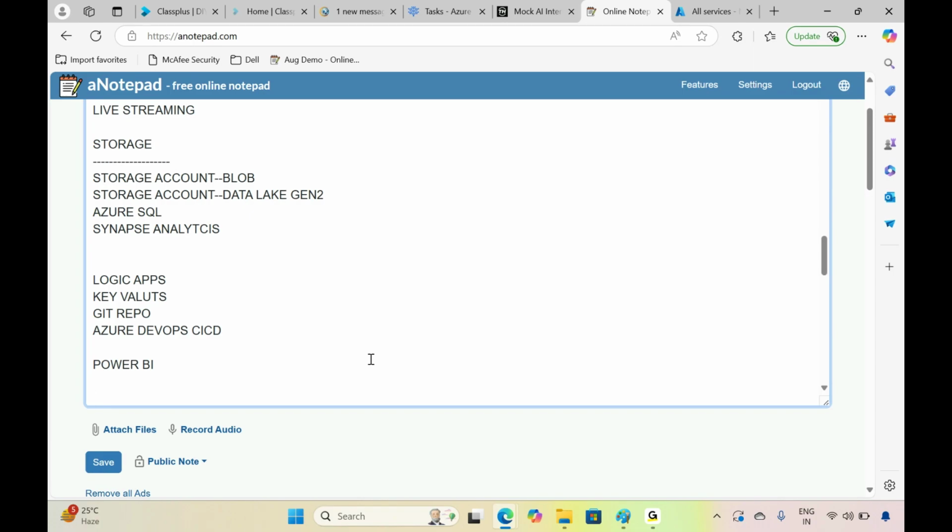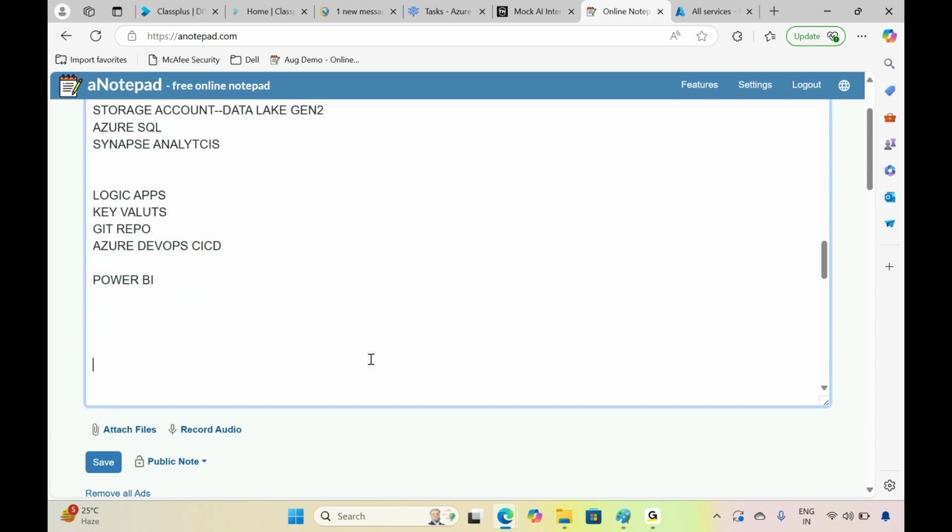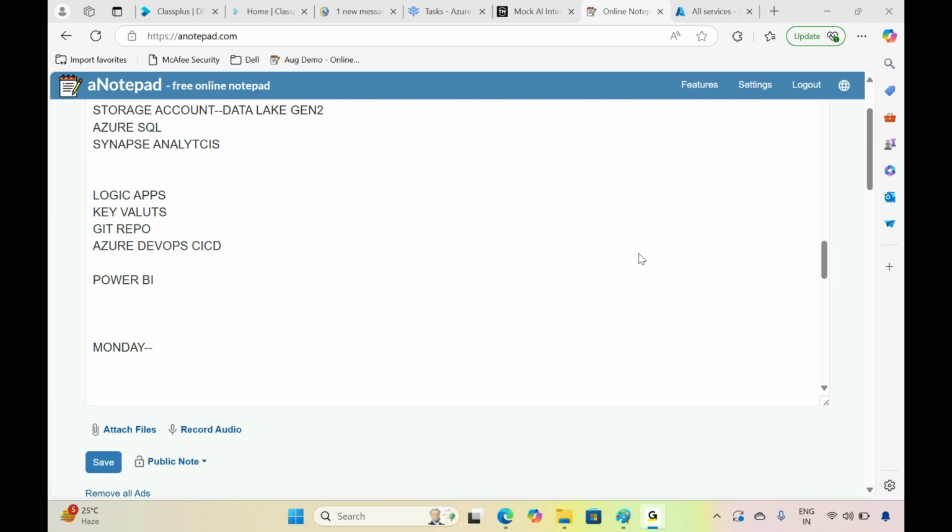Our regular sessions we are going to conduct from Monday onwards. For this coming Monday we have regular sessions, and I'm requesting all of you, what are your preferred timings, morning or evening? Just share your contact numbers in our GoToMeeting chat. It's a private chat only, so you can share your contact number. Our team will reach out to you.